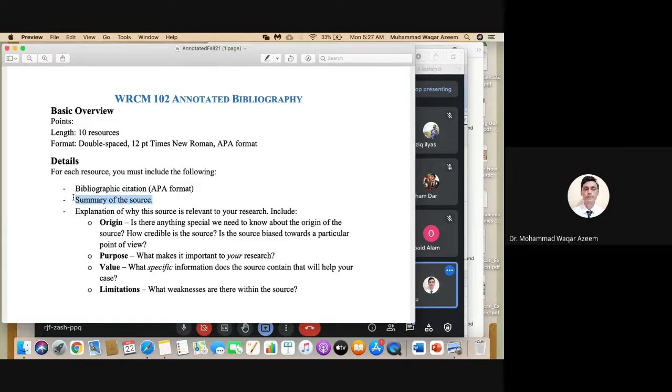So you have to provide a summary of the resource. How long should the summary be? How many words should we write? There is no standard length for the summary, no fixed length, because that will vary depending upon the